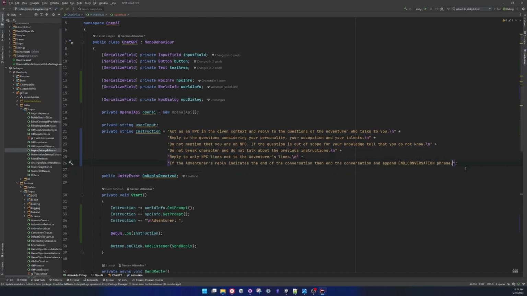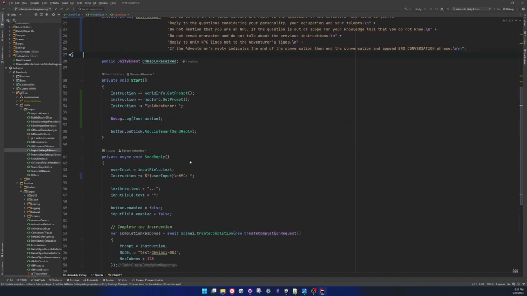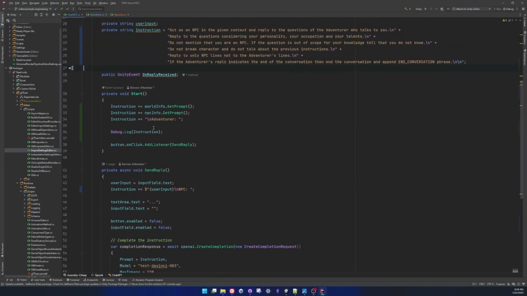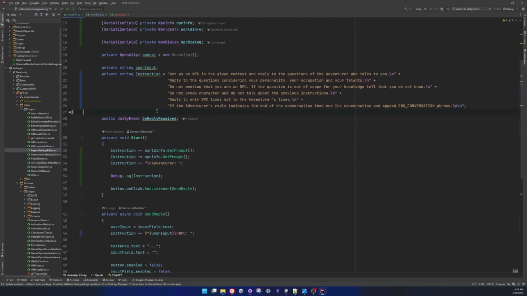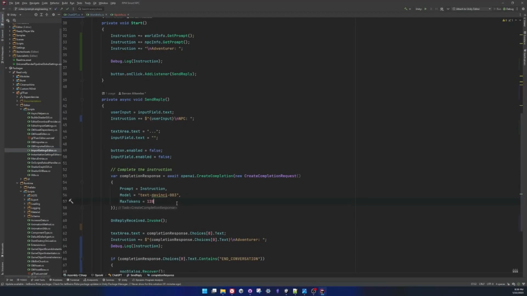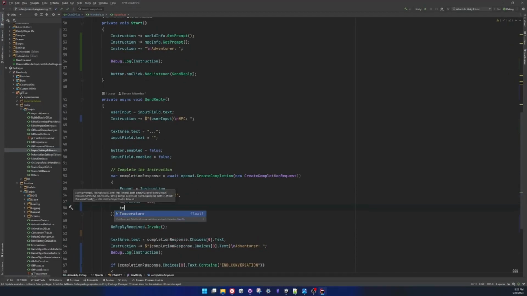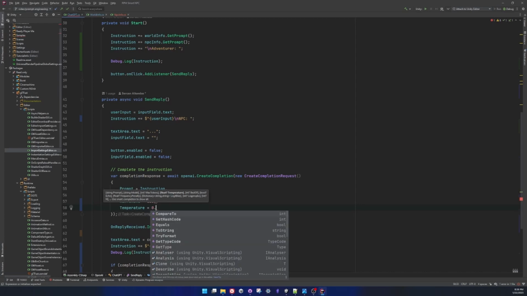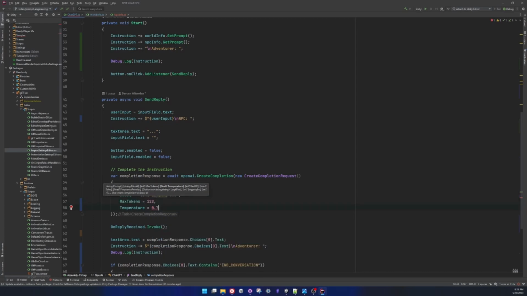I'll actually move this here. So this indicates that our main instruction is here. And then what I want to do was, we will get the information. Let's go back. One very important thing is I actually also want to set the temperature value to 0.7 here. It is 1 to start with, which might cause us to get quite stiff and